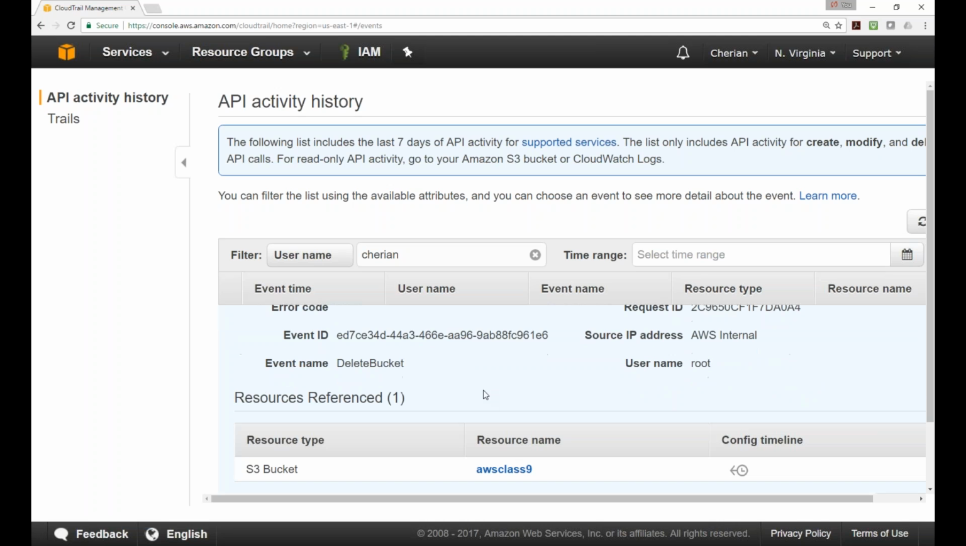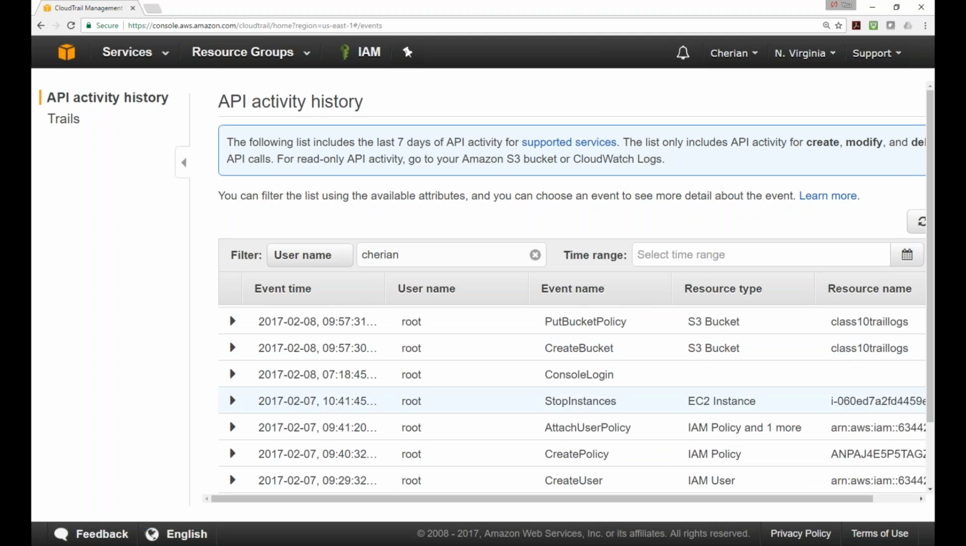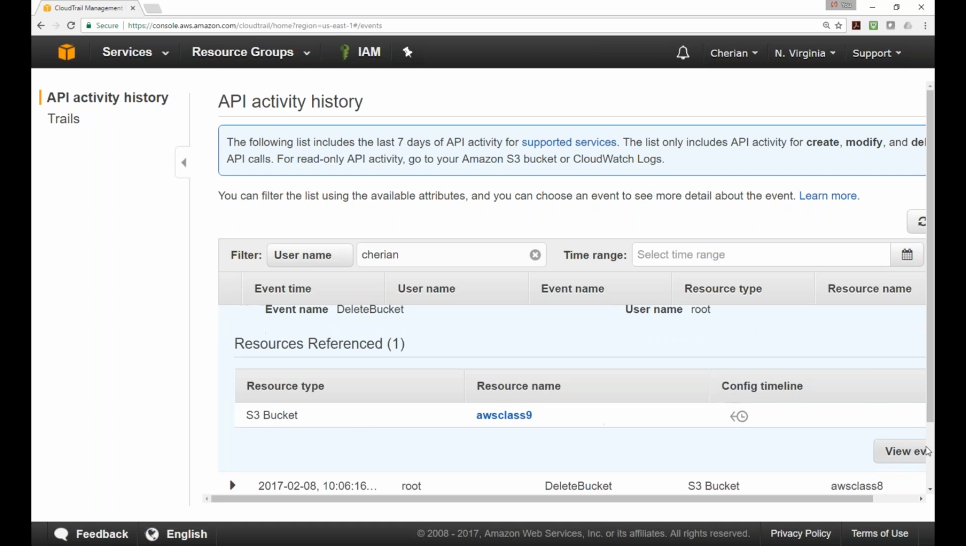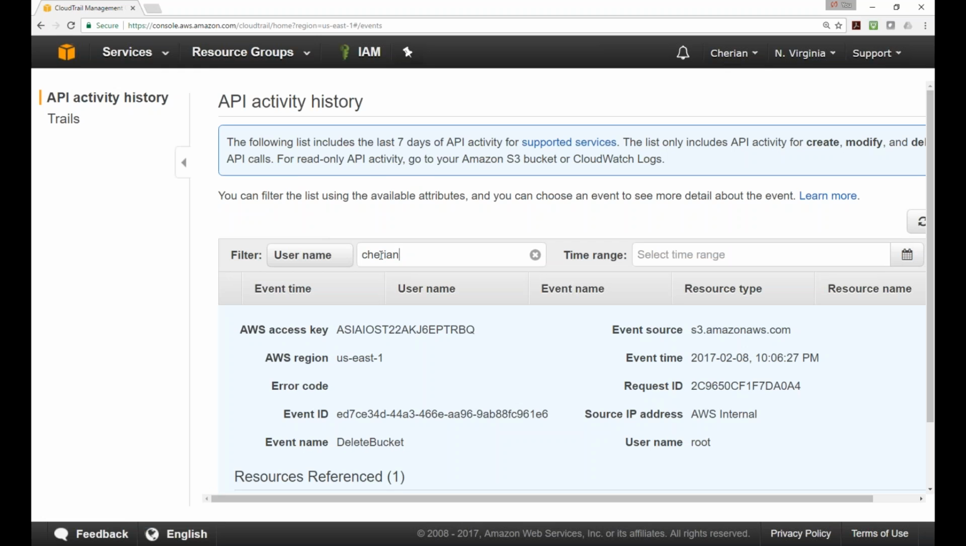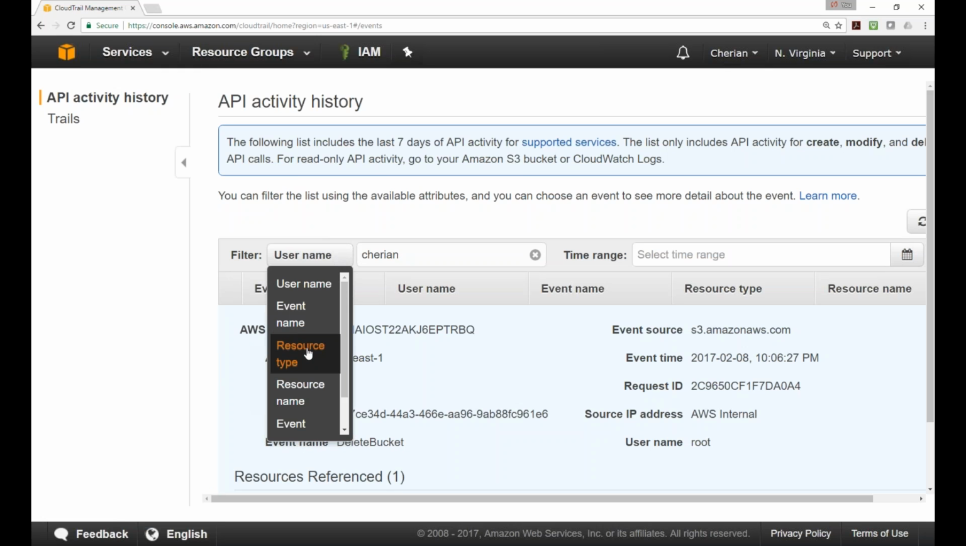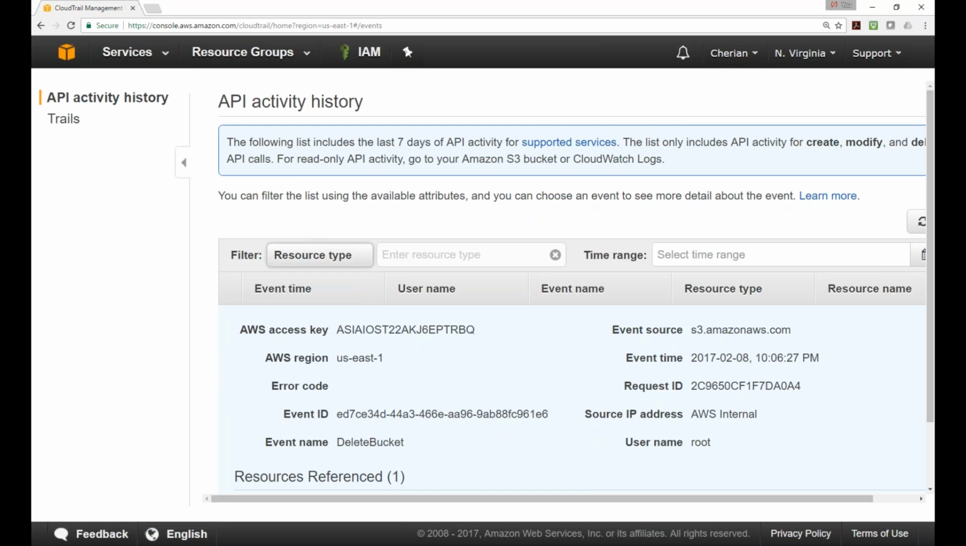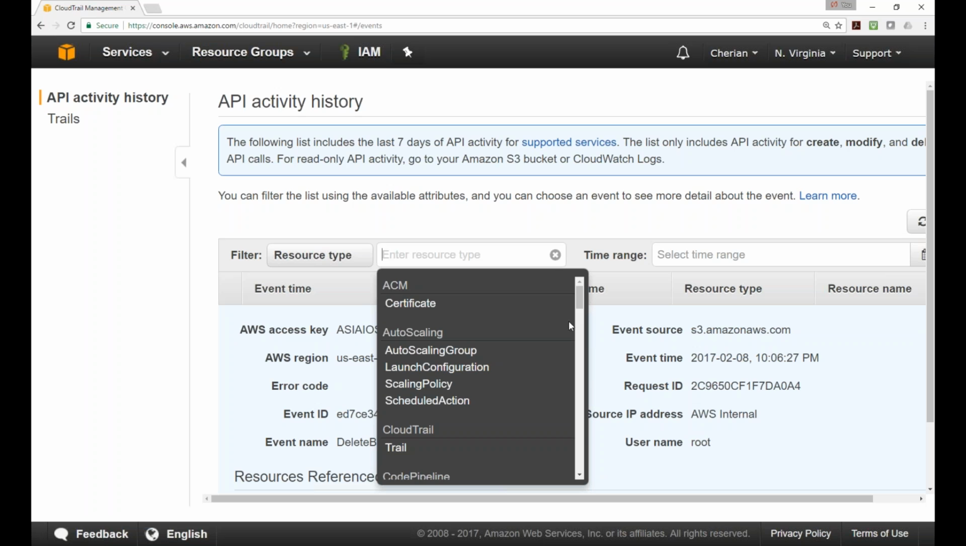Yeah, I think everything has my name, Cherian, that is why. So if you look here, you will see there is a Cherian username, because my root name is Cherian, see here. Or you can put a particular resource type, and you can say you want to see